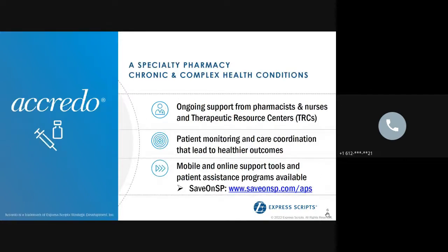Accredo. Accredo is Express Scripts' partner specialty pharmacy, and it provides personalized patient care for those members that have complex health conditions. So these Accredo members receive ongoing support from specialty trained pharmacists and nurses that are specialized in that specific condition. They also work hand in hand with the other healthcare providers for that patient, such as their doctors and other care coordinators,